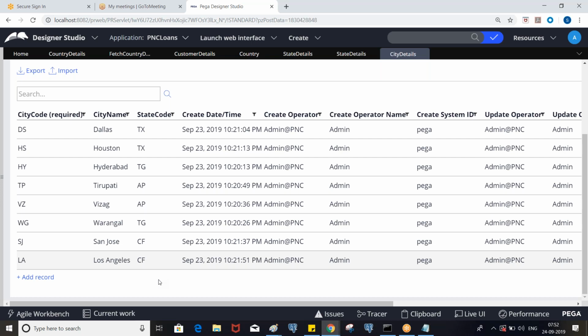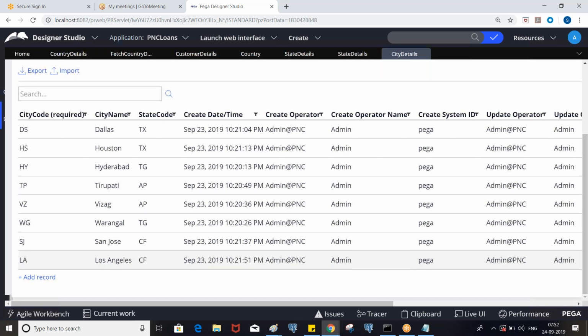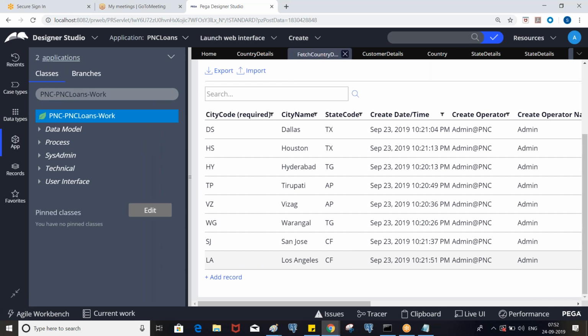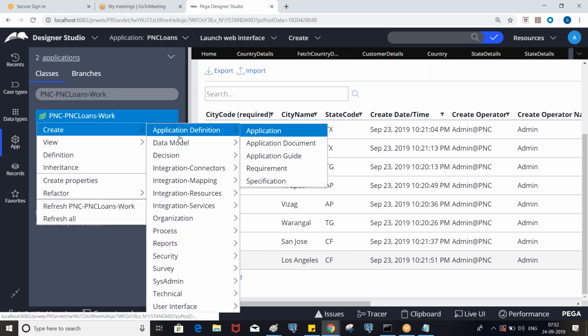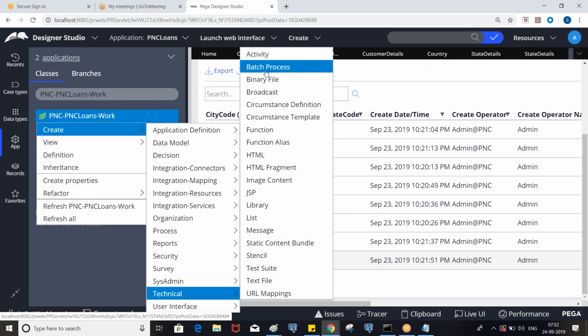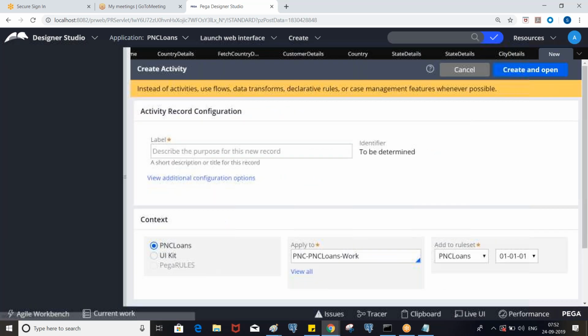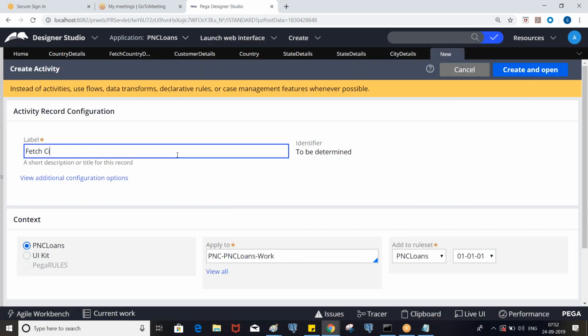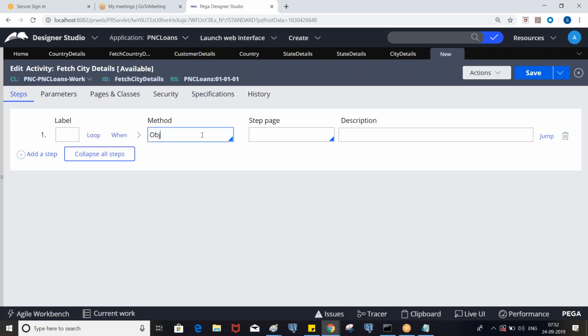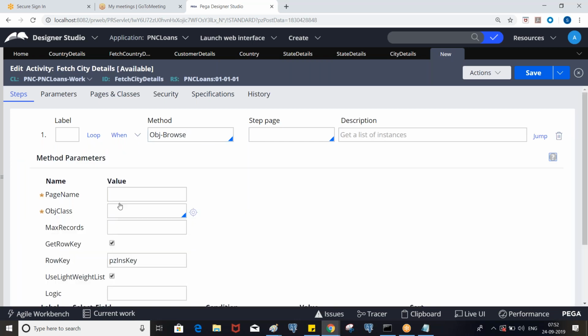So again, let's create an activity called fetch city details. Use the Obj-Browse. Now, how many pages will be created through this? 8 pages, right? Pixels of 1, 2, 3, and so on.